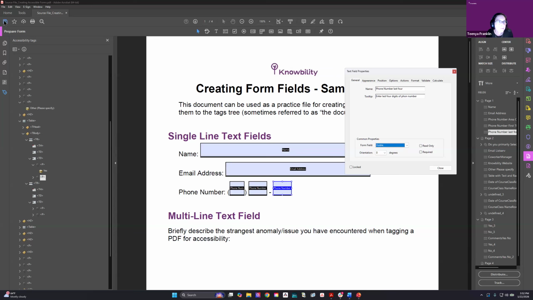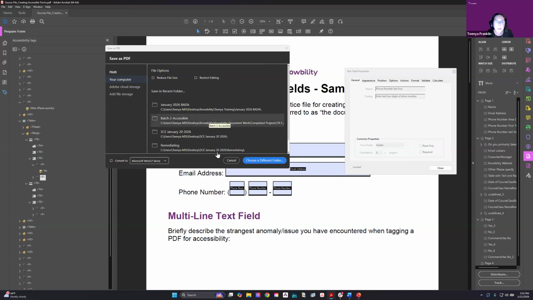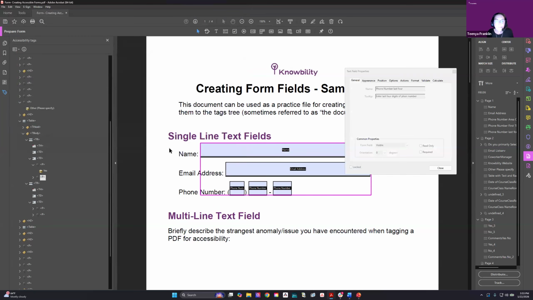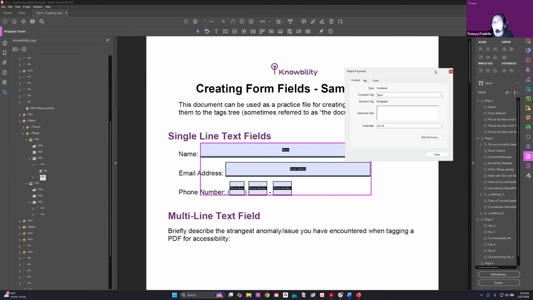Okay, I'm going to save. Now, at any time when you're working, oh, so you have to save. When you go to save it, it's going to ask you to save it because it's now a form. So I'm actually going to come in here and call this a form. And save it. So at any time when you're working in your form fields, if you want to see what it looks like,